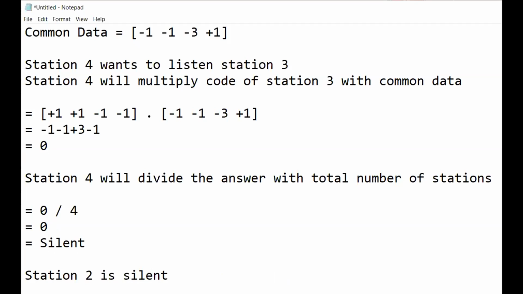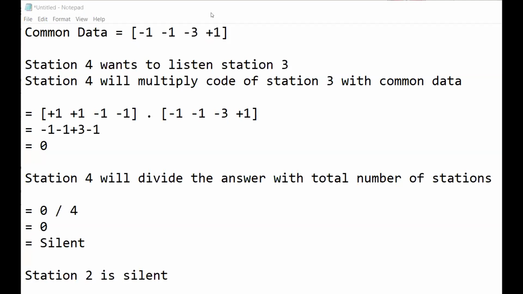So in that way, any station can know whether it has a query. So how will station 4 know that the message is for station 4 and not for another station? How is the code of every station decided? That we will see in the next PPT, the next slide. And how will station 4 know that the message is for station 4 and not for others.